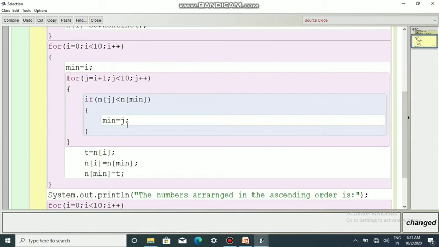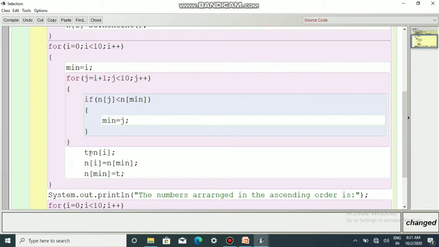We are doing this so that we can find out the position of the least element. This traversing or checking will happen for all the elements in the array. So at last you will have the minimum position. The minimum value's position will be in min. And then after this is done, the next is swapping.